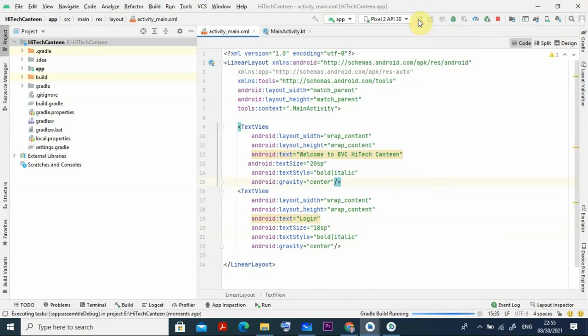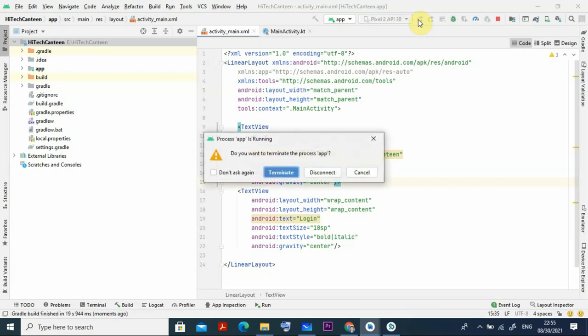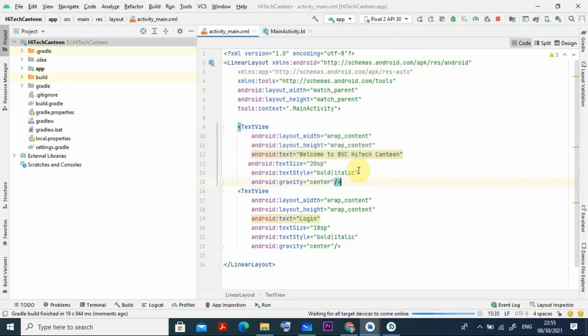Once you are running, you see the Gradle build is running, and it will take less time now. It will not take that much time, because previously it took a lot of time, because the first time it was initializing, configuring and all things. Once things are over, you can see it asks if you want to terminate. No, it is continuing. It shows that when it takes more than the expected time, but it is installing something. You can see it here.